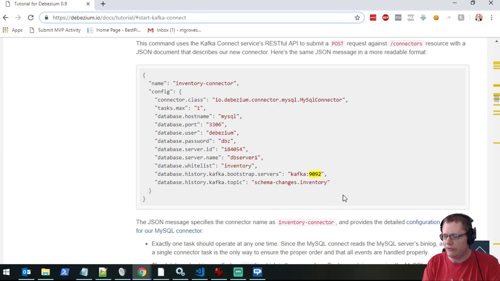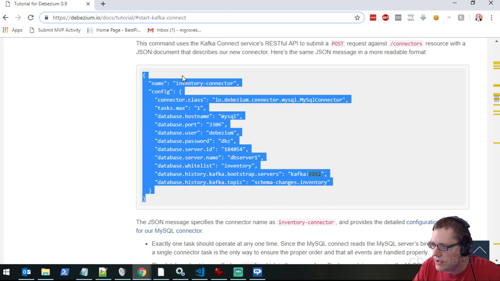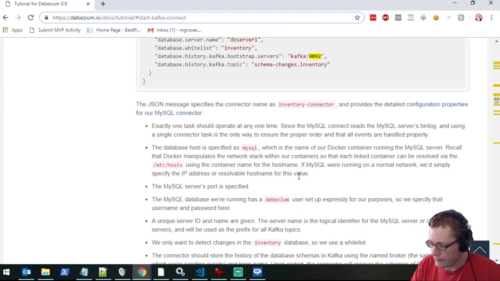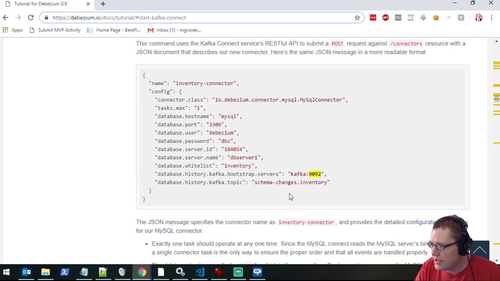Okay, I don't remember if we got this far. Well, this is actually the part where we use the REST API of Kafka to say, hey, start, use this connector, and here's the configuration for the connector. Start streaming that data from MySQL into Kafka. Okay, and that goes into